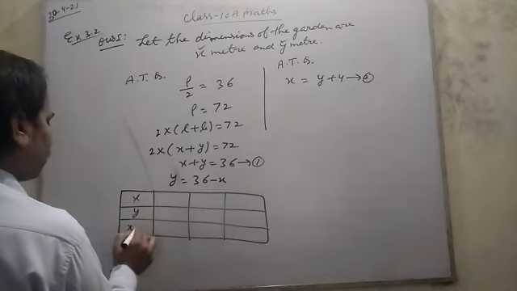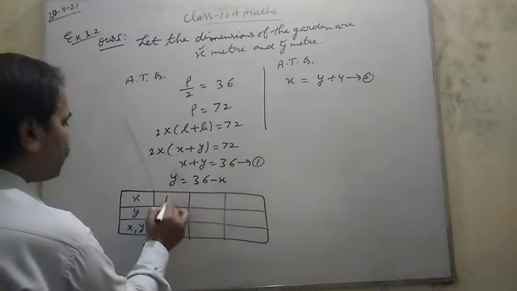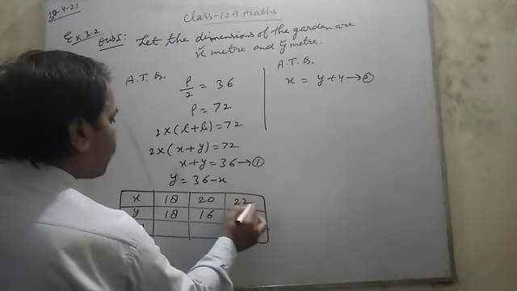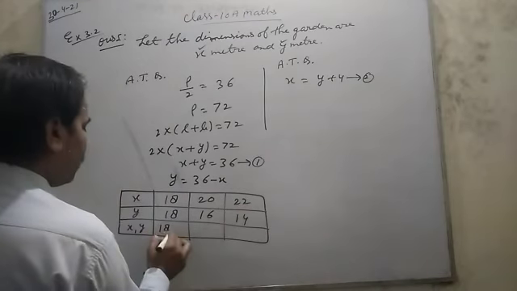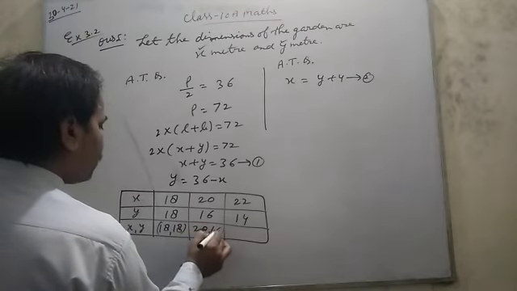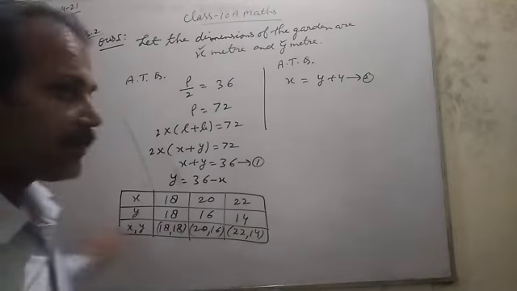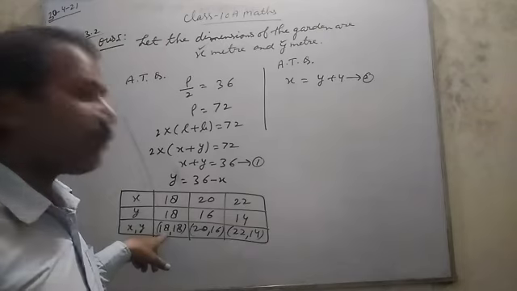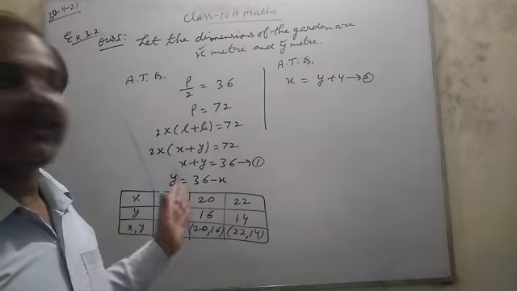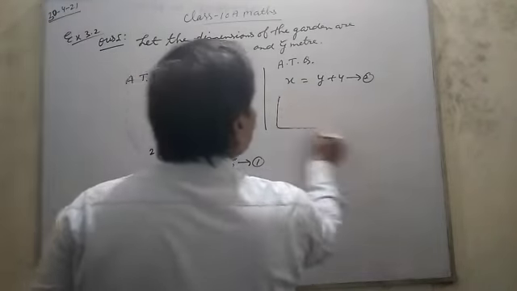x, y. So putting values here: x you put 18, 20, 16, 22, 14, then y is 18, 16, 20, 14, 22. These points represent on the graph paper. Here the value is big, so 5 divisions is 1 unit. So for 18 units, 90 divisions, means 9 blocks. Like that. This is simple, no problem.